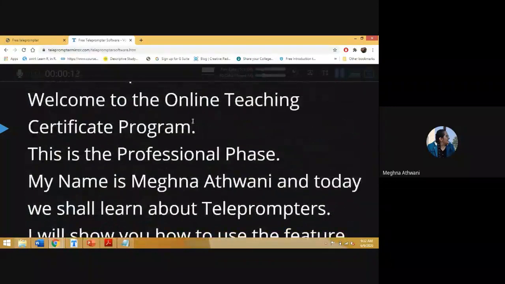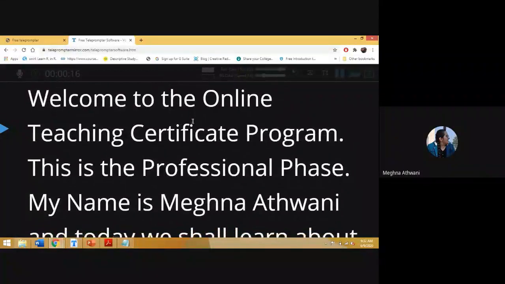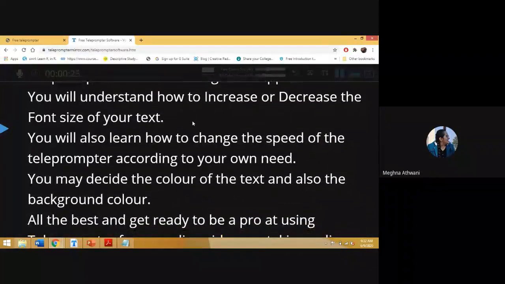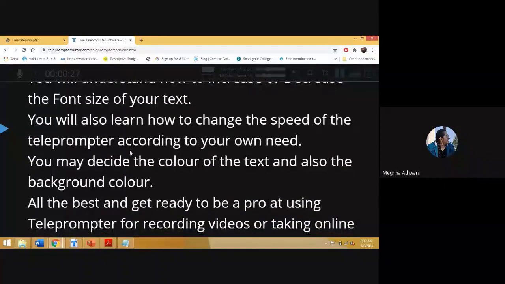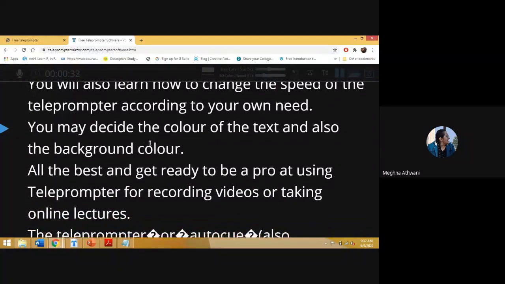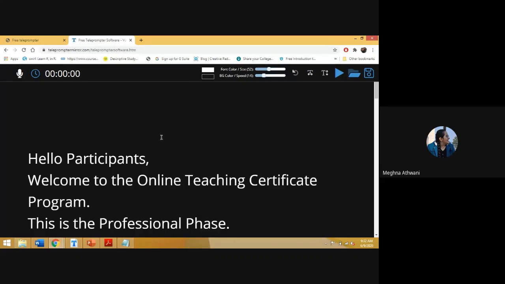Click on it, increase the font size, decrease the font size. There is one question, how to scroll up. Ma'am, you cannot scroll up in a teleprompter. If it is gone, it is gone. That is why I am telling you to rehearse your script again and again and again. Even if it's a teleprompter here or at some function or at a speech, what is gone is gone.